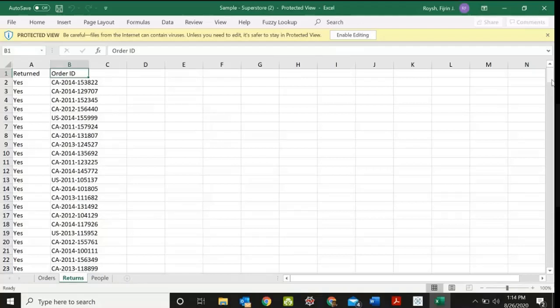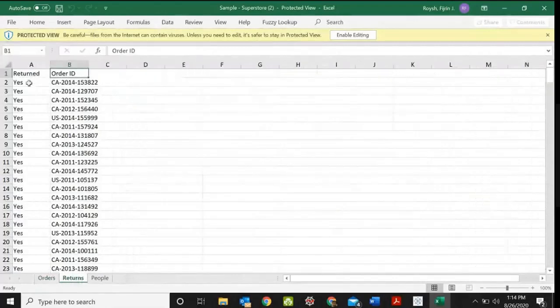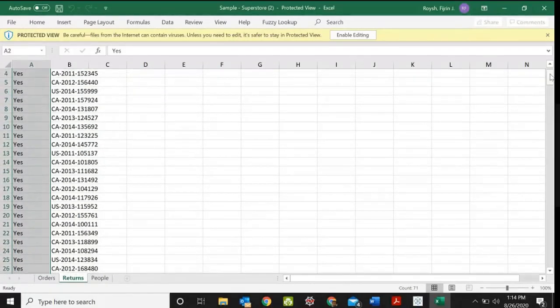Your returns table has only two fields, return and order ID, while your orders table has more fields: order ID, order date, ship date, various things. Since you are performing a left join, in the return field you may be getting null values. A few order IDs may be returned and a few order IDs may not be returned.